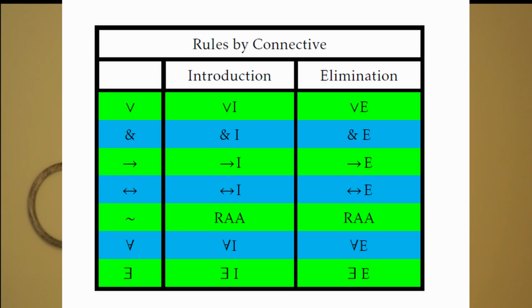We're going to use arrow capital E just because I want you to see the pattern that's going on here. For the tildes, however, we're going to use RAA, which stands for reductio ad absurdum. That's the most common name for the rule in question. The way it works, you're comfortable with this from your first logic course. You assume the opposite of what is claimed to follow, and you generate a contradiction from the denial of what follows. And that allows you to conclude that what you were trying to prove actually does follow, because contradictions can't